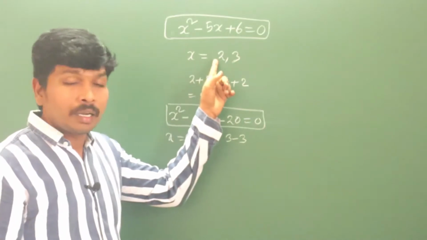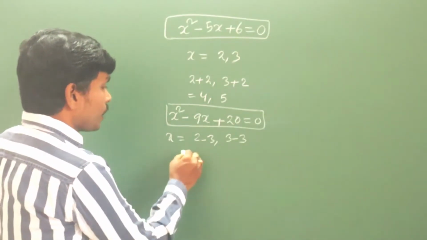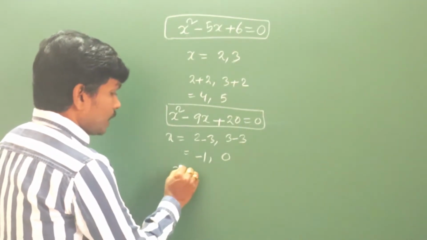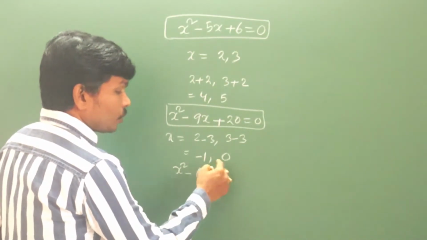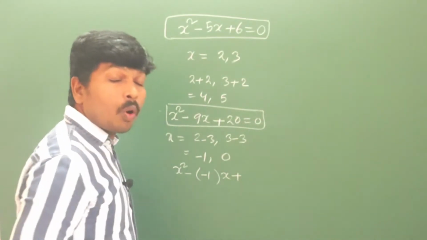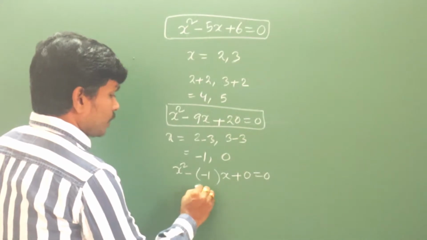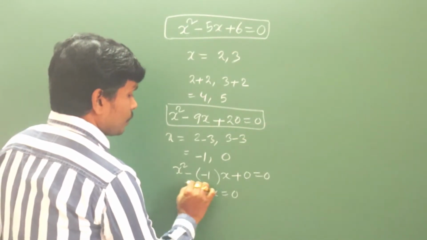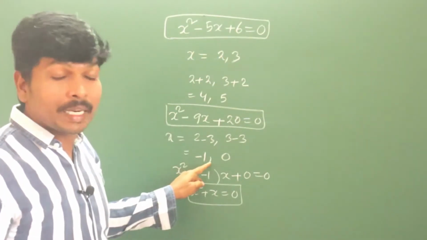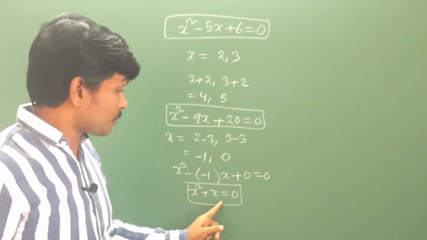So what are we doing here? We are transforming these roots also. By how much? Diminished by 3. So 2 minus 3, how much? -1. 3 minus 3, how much? 0. So your equation is x square minus sum of the roots, -1 plus 0, -1, into x plus product of the roots, -1 into 0, 0, equal to 0. So your equation is x square plus x equal to 0. Here these roots are transformed to -1, 0. Then this equation changes to x square plus x equal to 0.